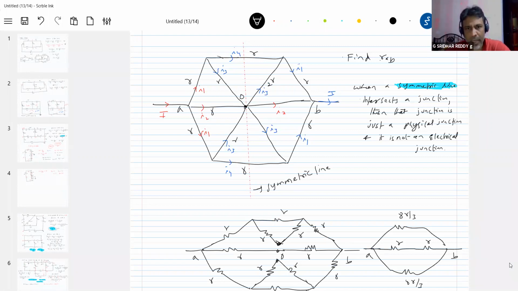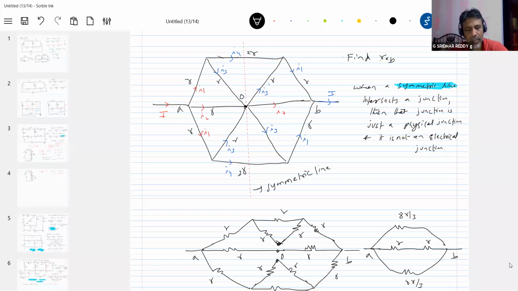By chance, if I make this 2R, then we can't simplify this network. Now instead of this, here you make it 2R. Is it a symmetric junction? No, definitely. Okay, can you separate it? Next, the question comes: can we separate this one if this is 2R? If you make this also 2R, then you can separate.